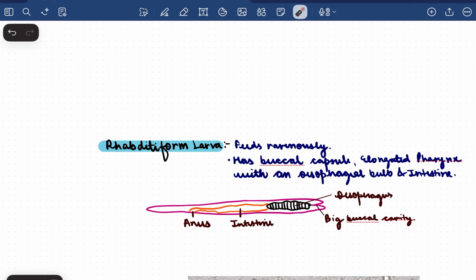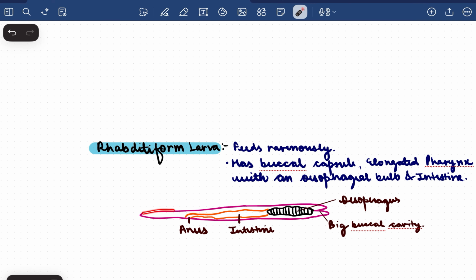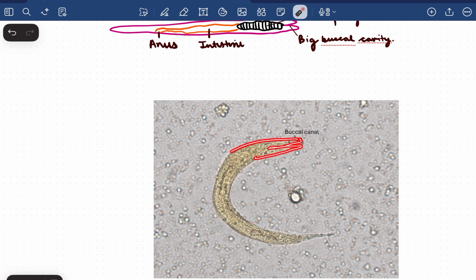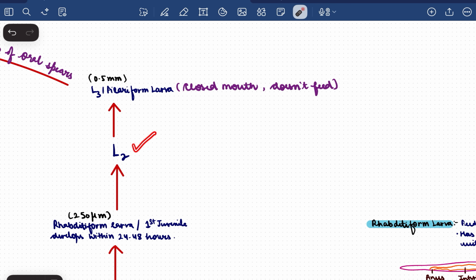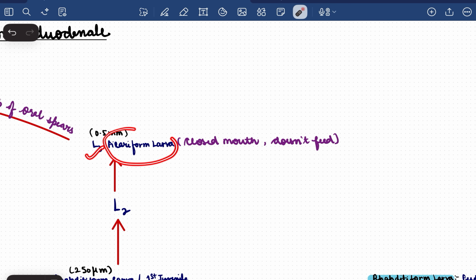Over here you can see that the Rhabditiform larva has a buccal cavity. It has an esophagus, a bulbous esophagus, an intestine, and an anus. Because of the big buccal cavity, it feeds ravenously, grows in size, gets transformed into L2 larva, and finally into L3 larva. Over here, you can see that this has a very big buccal cavity through which it feeds ravenously. Moving forward with the life cycle, it transforms into L2, then into L3, which is called the filariform